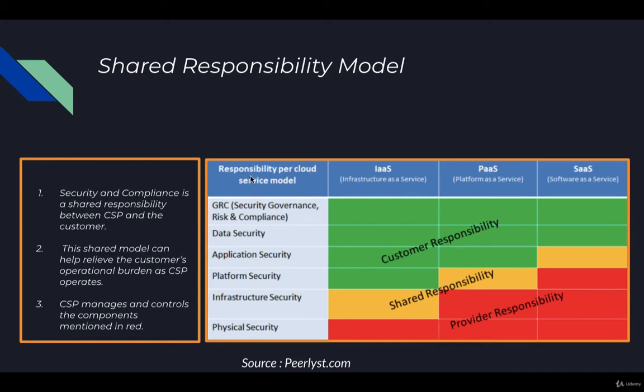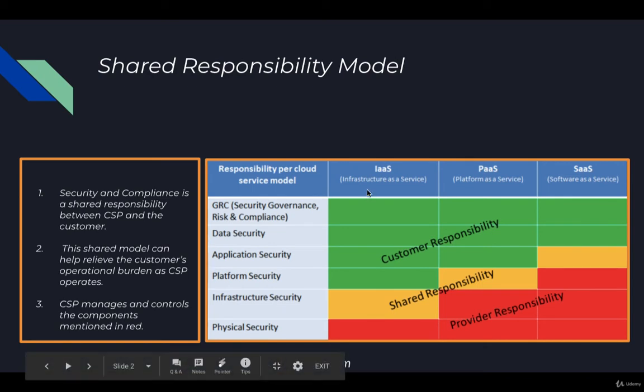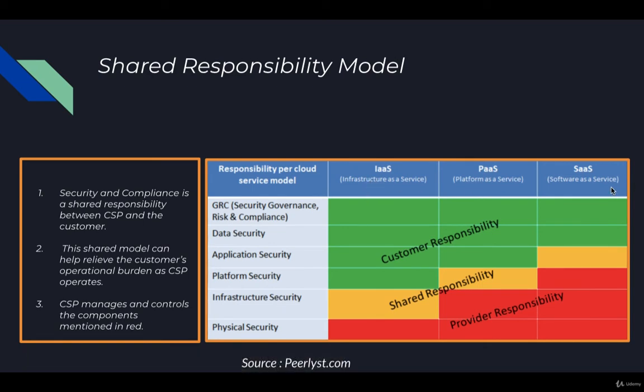If you see the diagram on the right hand side, it is about the responsibility per cloud service model. Which is about GRC, governance, risk and compliance, data security, application security. All these things are on the left. Then we are comparing it with the different service models like IaaS, PaaS, and SaaS. Remember, these models we have already studied. Now we are studying how the security is being managed, who is responsible for what in case of different